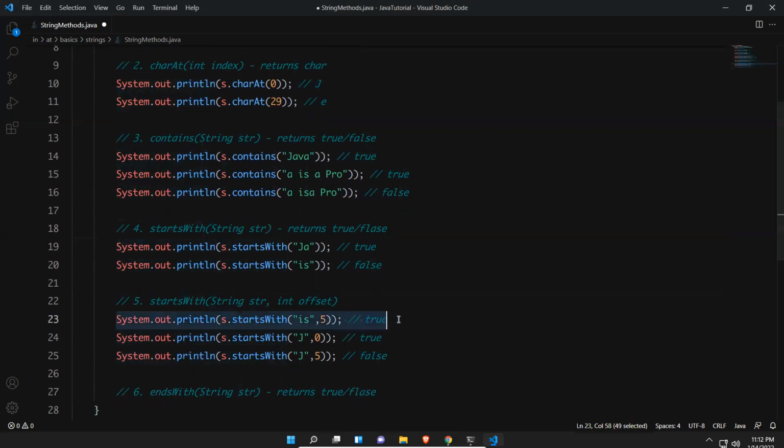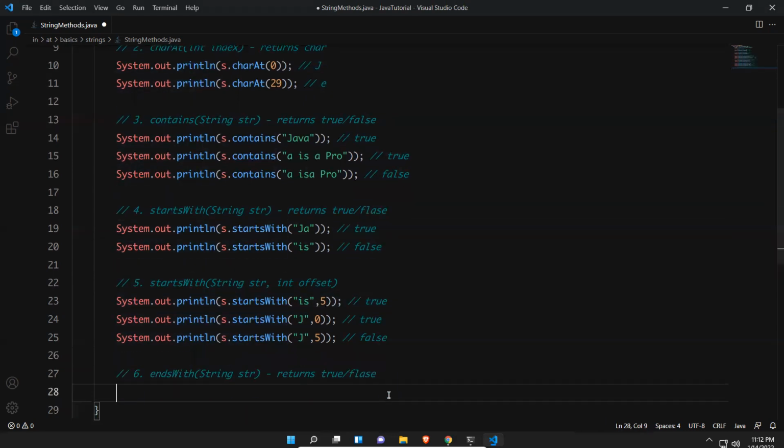So let me copy paste this one. So the method is endsWith. So ends with what? Programming language, right? So the last is age, something like that.